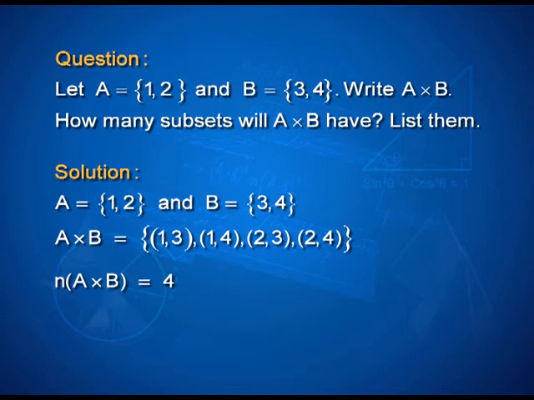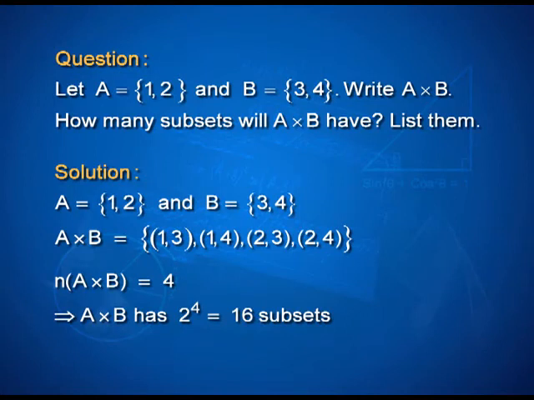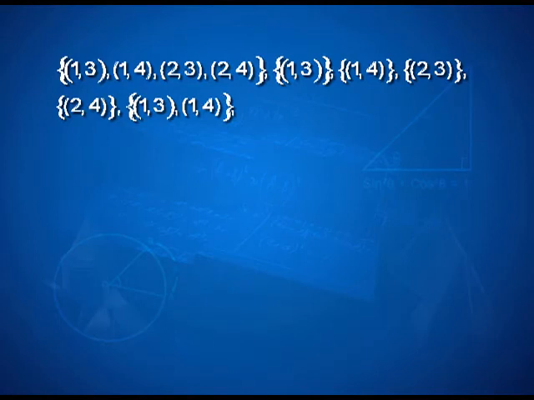So, in this case, you need to use a concept that you learned in the chapter on sets, the first chapter of grade 11. Here, A cross B has 4 elements. So, the number of subsets will be nothing but 2 to the power 4. So, 16 subsets. And if you are asked to list all the 16 subsets, carefully if you list them down in a slightly ordered manner, you will be able to find that you can start with the set A cross B itself with all the 4.